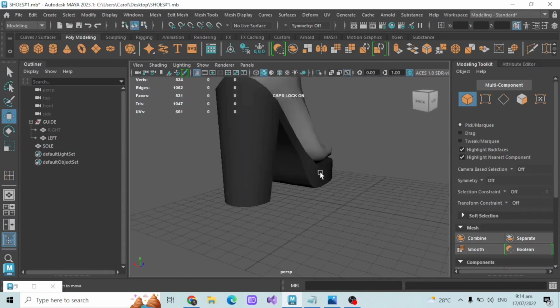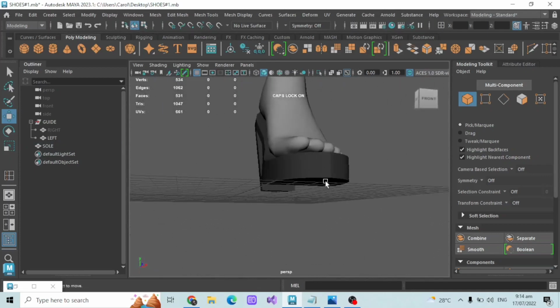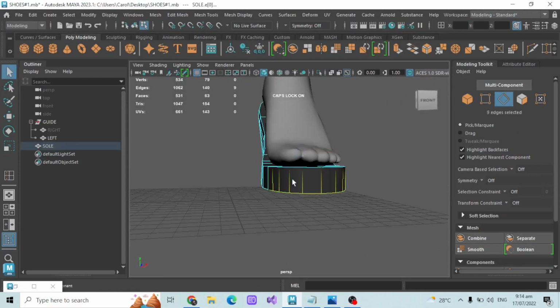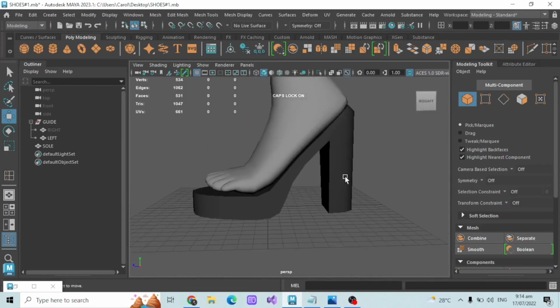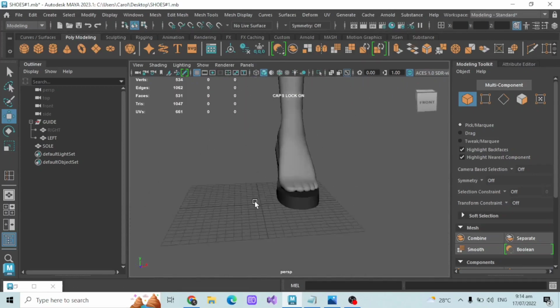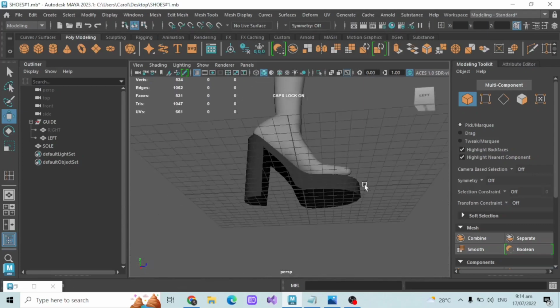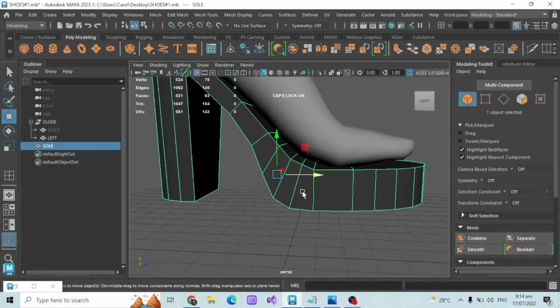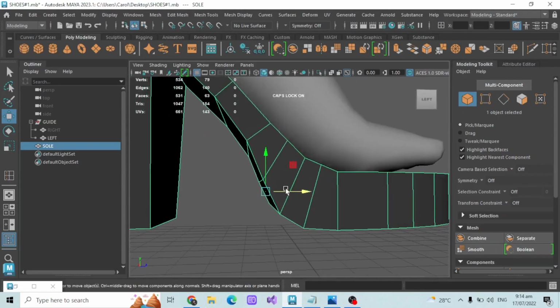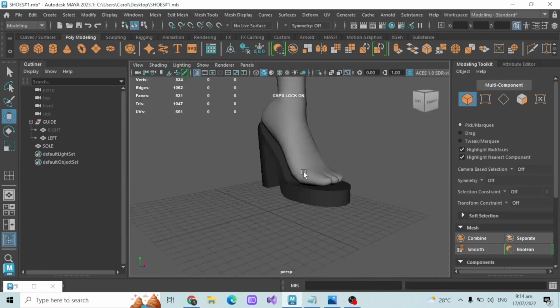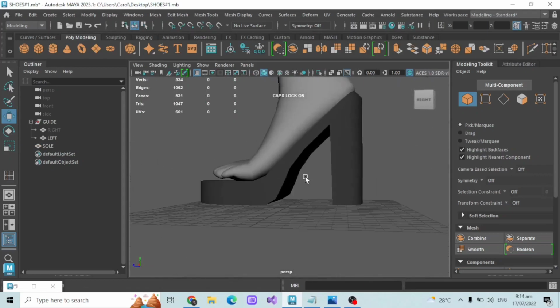There. Let me just soften this. There. We already have the heels. So it's kinda easy, right? If you want this part rounder, you just need to create more edge loops. But for now, I'm okay with that,